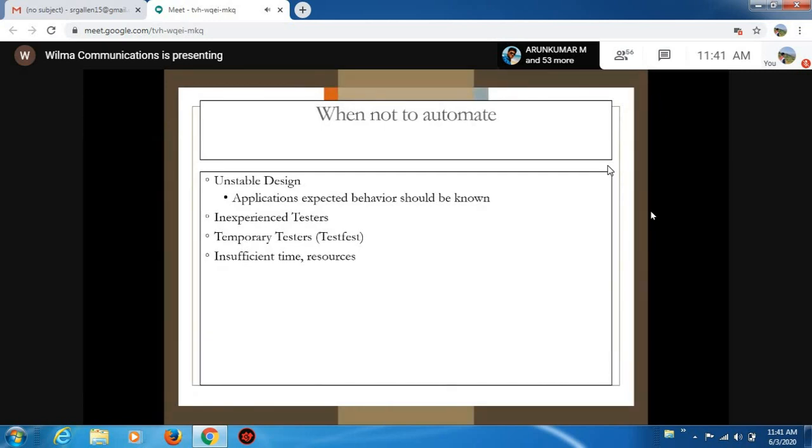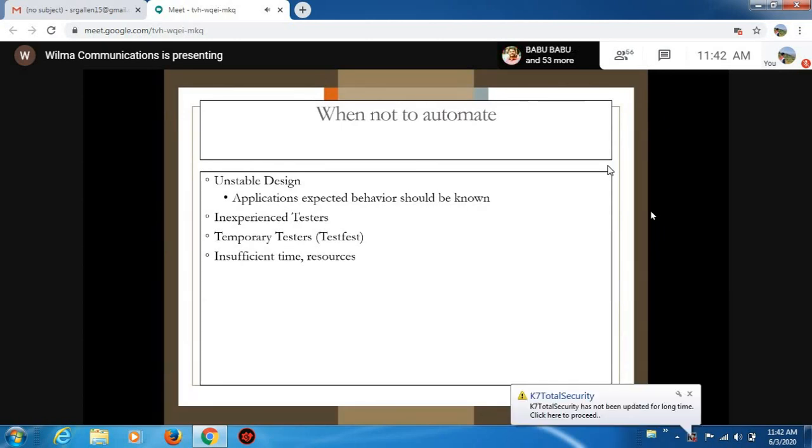So if the requirements are not clear, we cannot buy the license for the product. Application expected behavior should be known. When you are clear about what you are going to test, what the requirement is, and whether it is the complete and correct requirement, then I can go for automation testing.